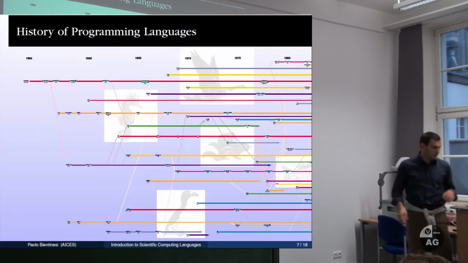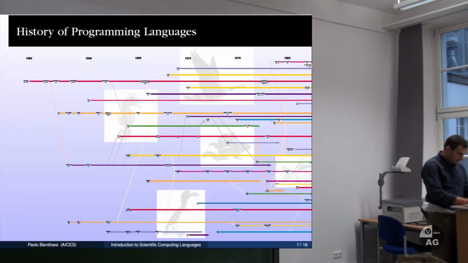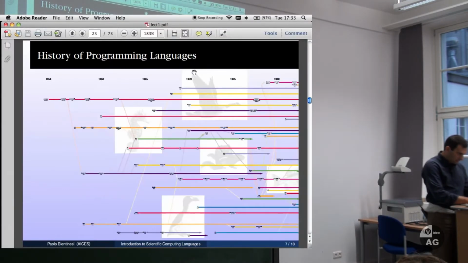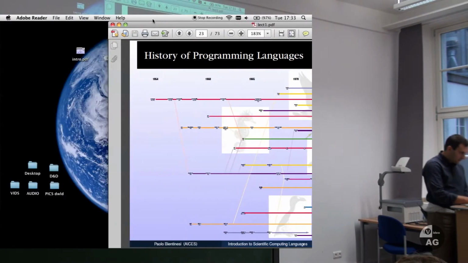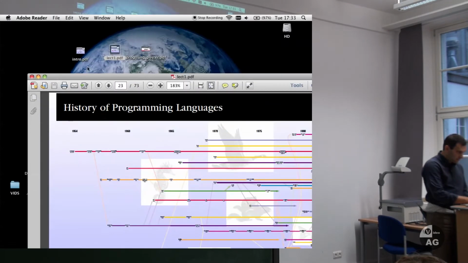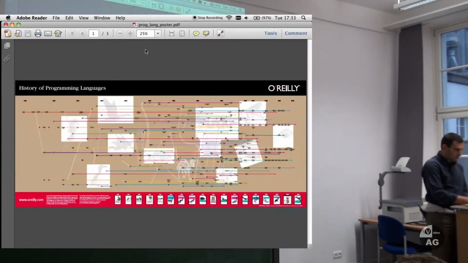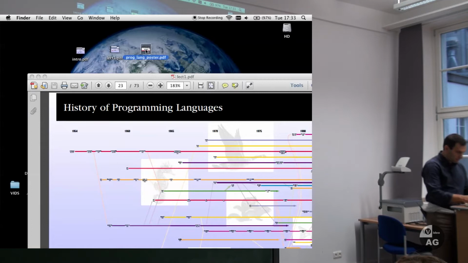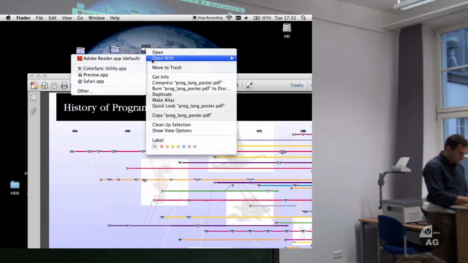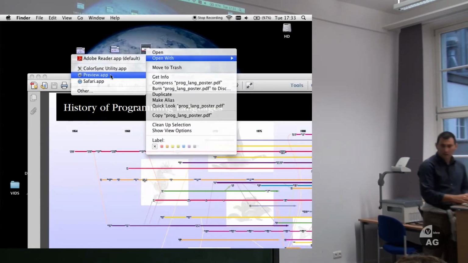Okay, history of programming languages. How do I kill this? Yeah. Oh no, like this. So